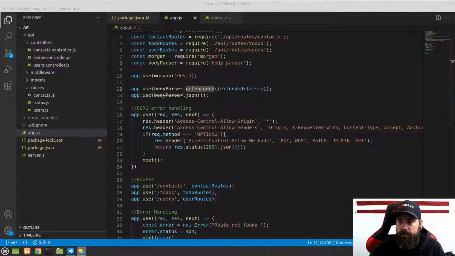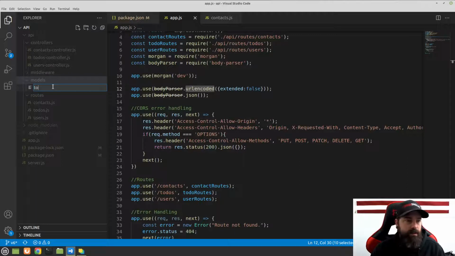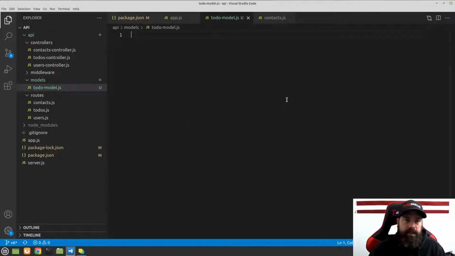So if you go to the models, let's do our to-do model first, as it's going to be the easiest. Go ahead and go to models, right click on there and create a new file, and we're going to call this to-do-model.js. All right, once we've done that, we're going to go ahead and require in Sequelize, and